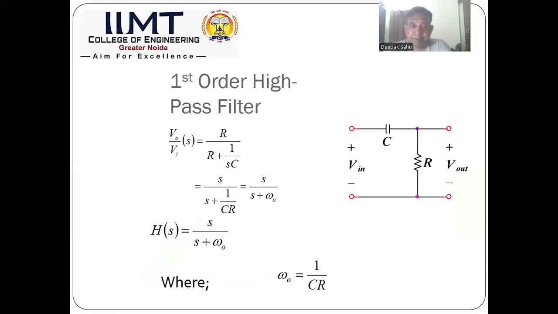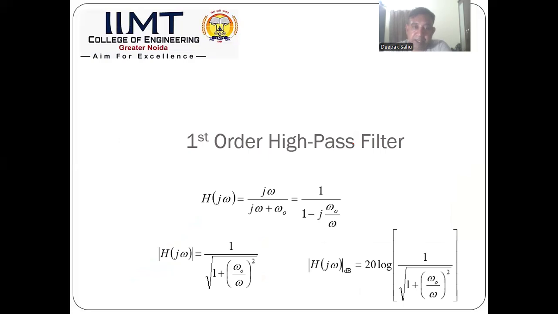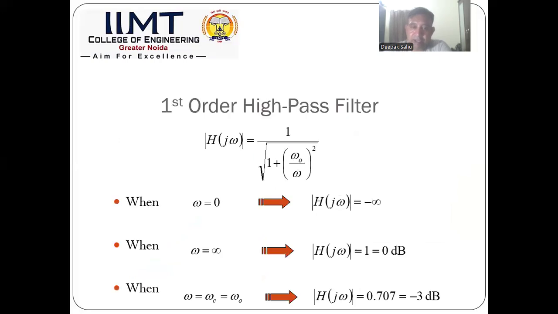Now, the first order filter is seen here. Now, the variation in the transfer function is seen here. Now, if we look at the graph, and now we place the values I've made in summary form. Omega 0 gives minus infinity, omega infinity gives 1 or 0 decibel, and at the cutoff frequency minus 3 decibel,